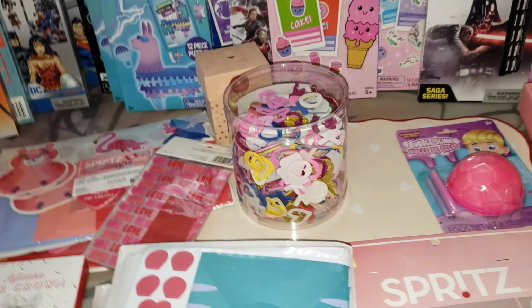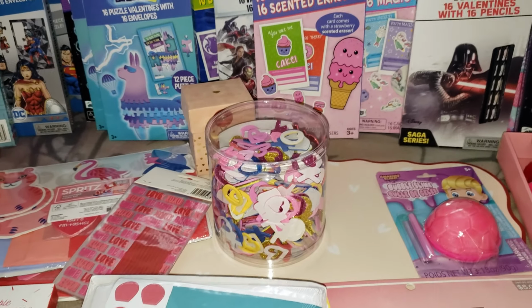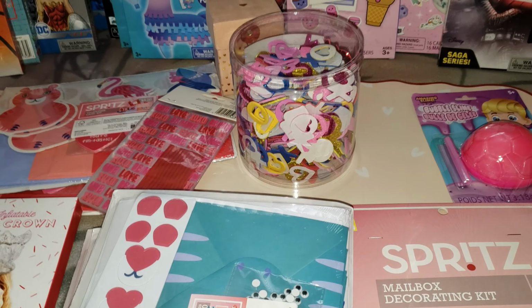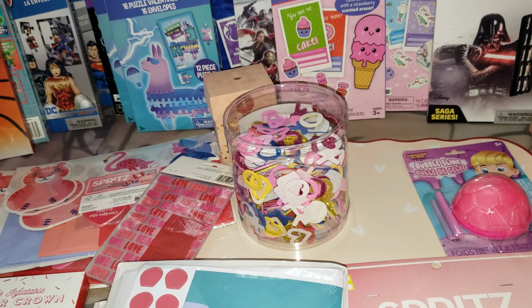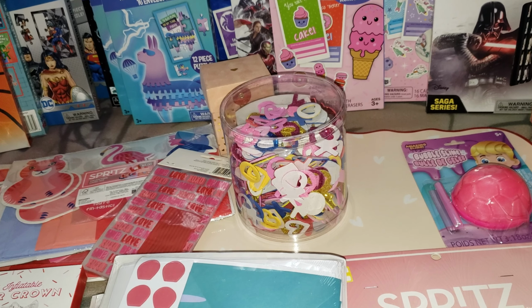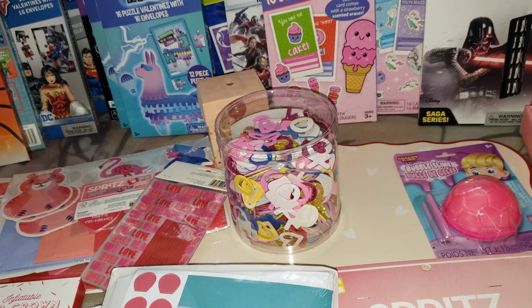So I just went to one store, and my total was $16.90 before tax, I believe, for all of these items. So I'm gonna go ahead and show you some of the things that I got. In case you're interested, you can go to your store. My store was still tagged for 70% off, but when I went ahead and scanned it, it was 90%